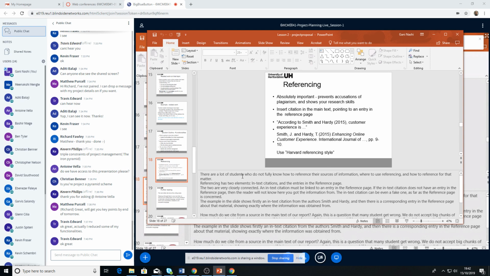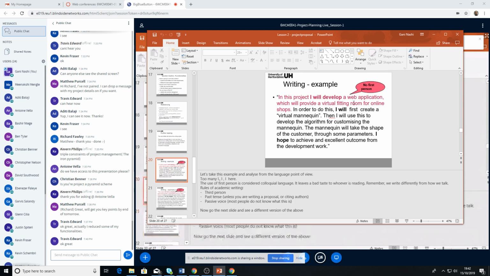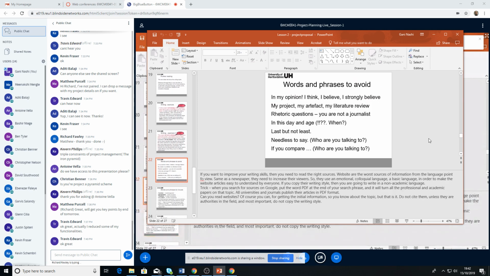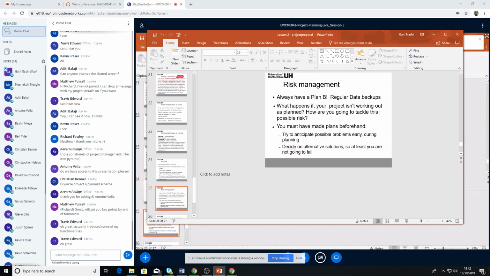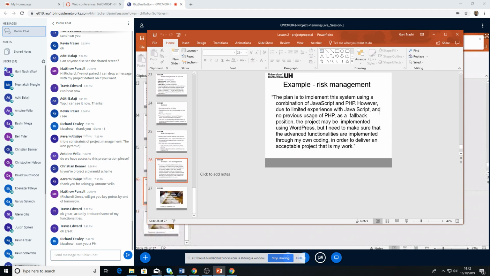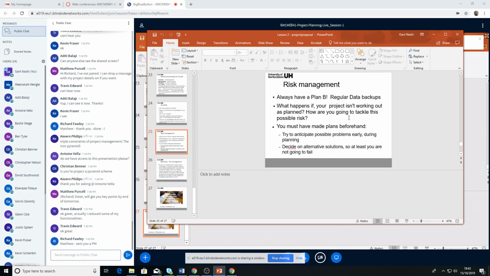And then here I explain the referencing, how you reference everything. And then here I explain the writing styles. These are actually very self-explanatory. This is on StudyNet, so I don't want to go through this and read every slide here, because it is on StudyNet. But it talks about the success and the, okay. Now,